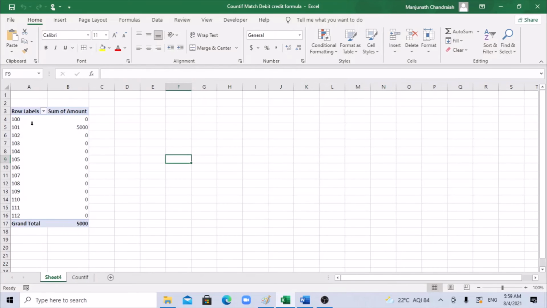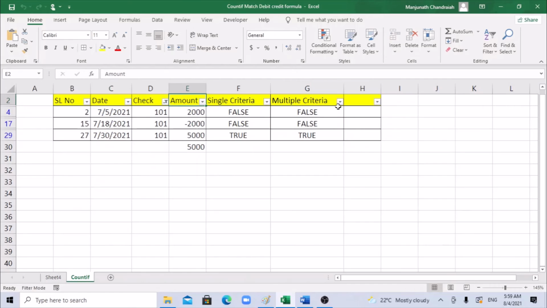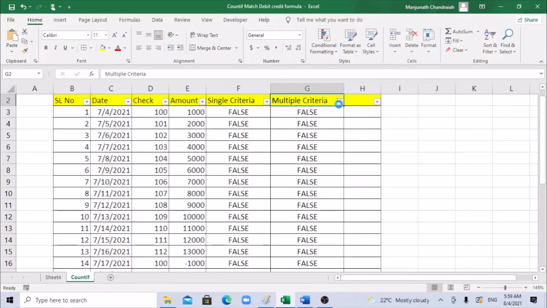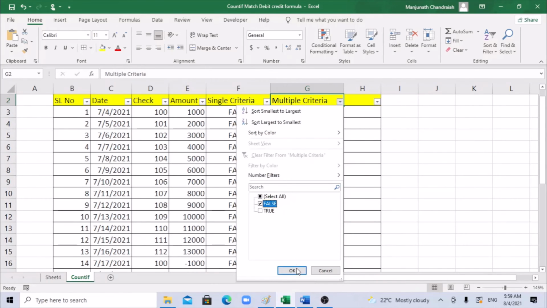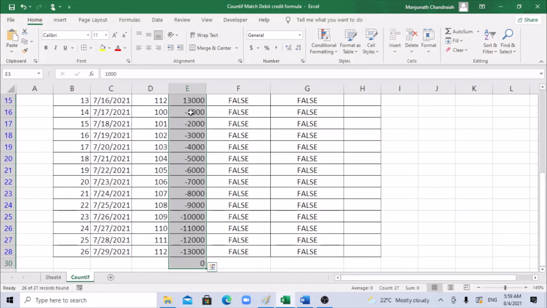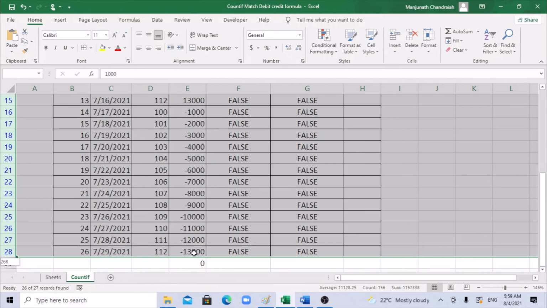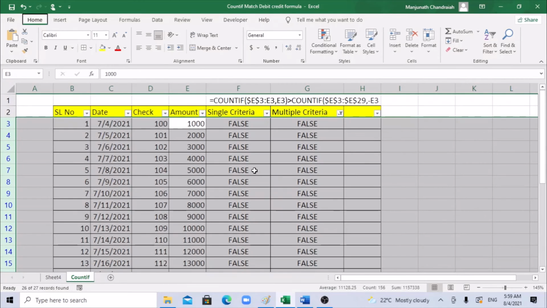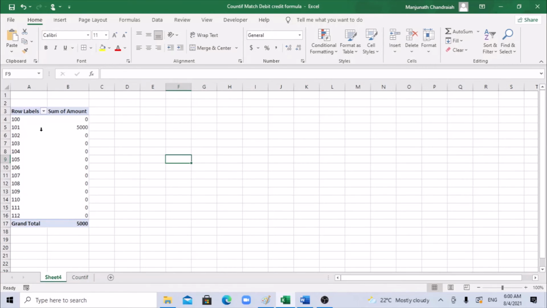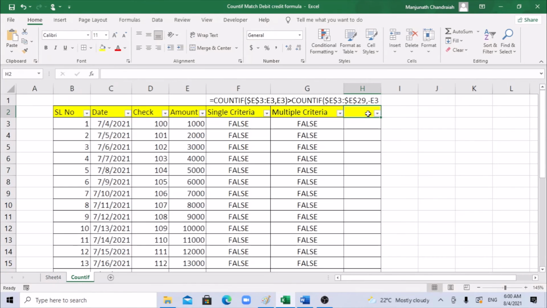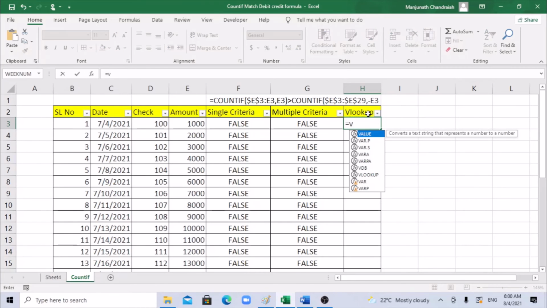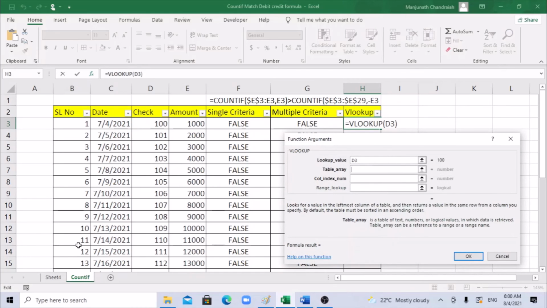You can use this again. What you need to do is put a VLOOKUP and pull this value. Here you can directly delete the value. See, if I select false here, I can set it to 0, and I can go ahead and delete it here. Whereas if you use a pivot table, you again need to take a VLOOKUP into your file where you need to remove it. So VLOOKUP the check number.